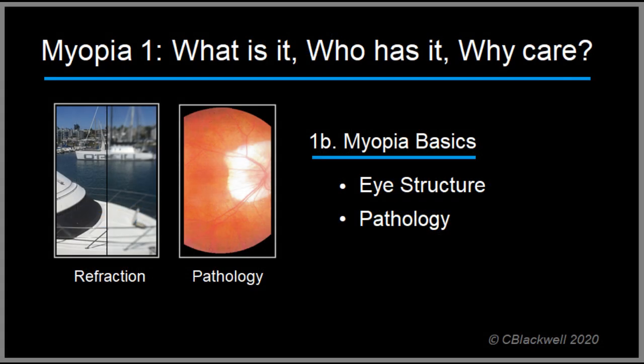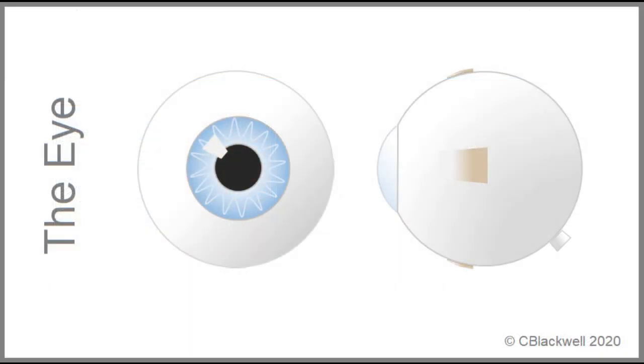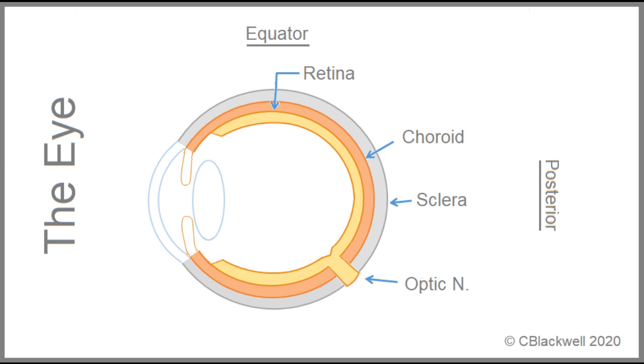We continue myopia basics with the structure of the eye and what can go wrong. In order to understand what can go wrong, you need to know about the structure of the eye. Here I have constructed a conceptual diagram representing the normal eye. It exaggerates the thickness of each of the layers, showing them as even from front to back. The innermost layer is the retina, a layer of nerve tissue that acts like film in a camera. Under that is the choroid, a layer of blood vessels that supplies the outer retina with oxygen and nutrients it needs to function.